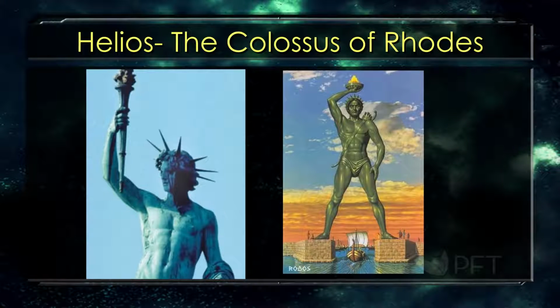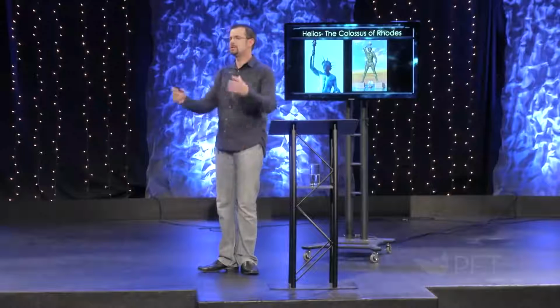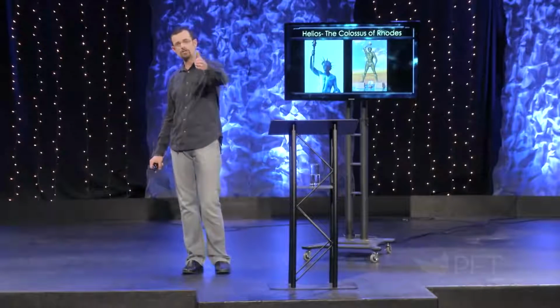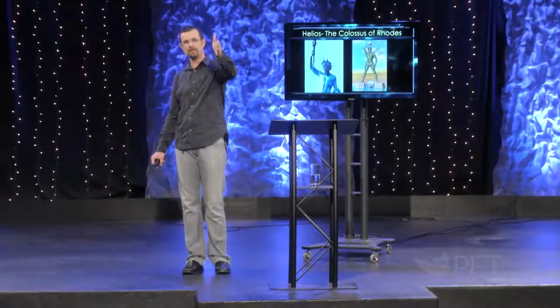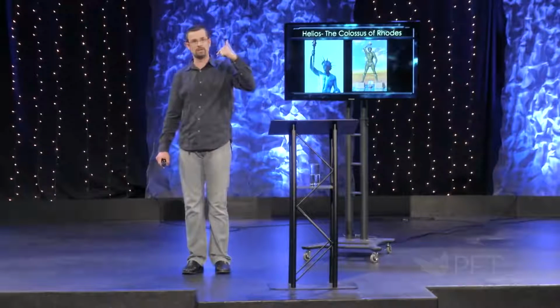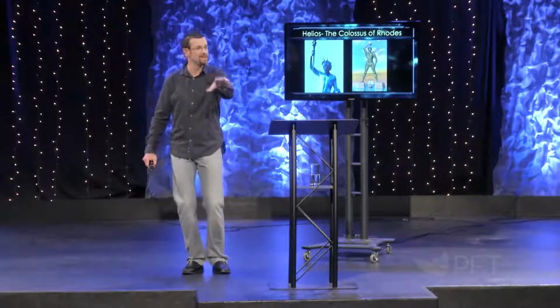Where did he get the idea of the torch? Ladies and gentlemen, he took a trip here. He took a trip to Egypt. He studied these things. This is what he saw: an over 100-foot colossus of Helios with this headpiece of the 7 rays of the sun. Don't tell me that that didn't influence him. The exact attributes of Helios, the colossus and the sun god, and all of those things show up in the Statue of Liberty.